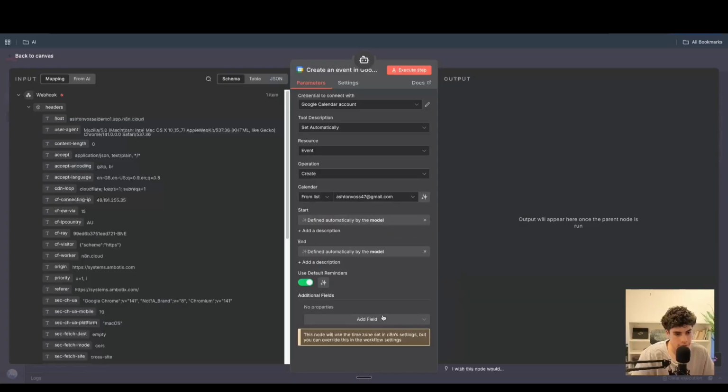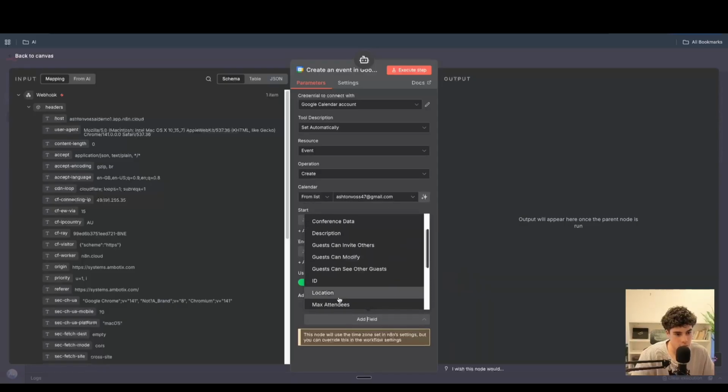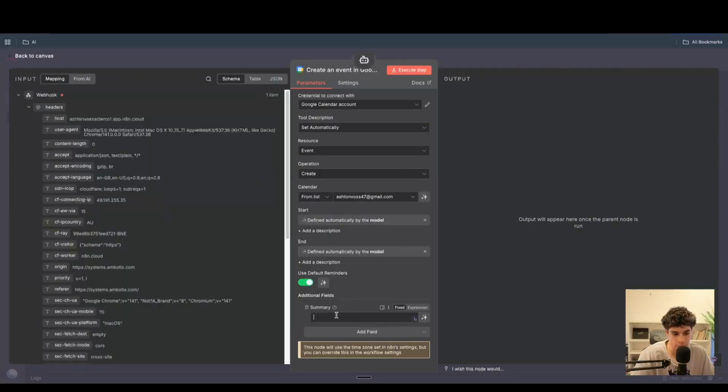We're going to be letting the AI define, and then we're going to be adding in a few little parameters right here. And this is where we're going to be using the information we've collected like this, and we're going to be putting it into the title, etc. So let's add a summary, which just means title. And then we'll do new